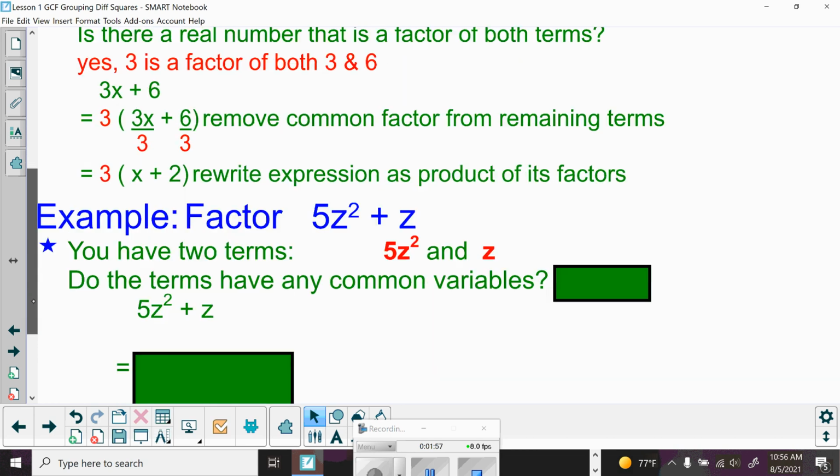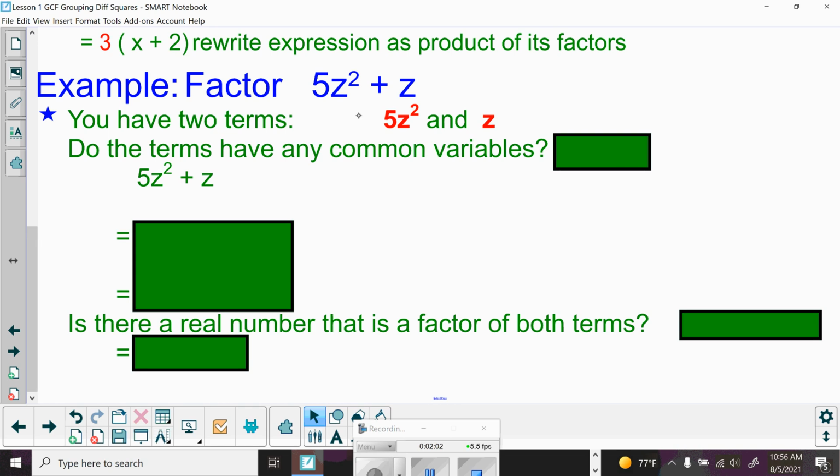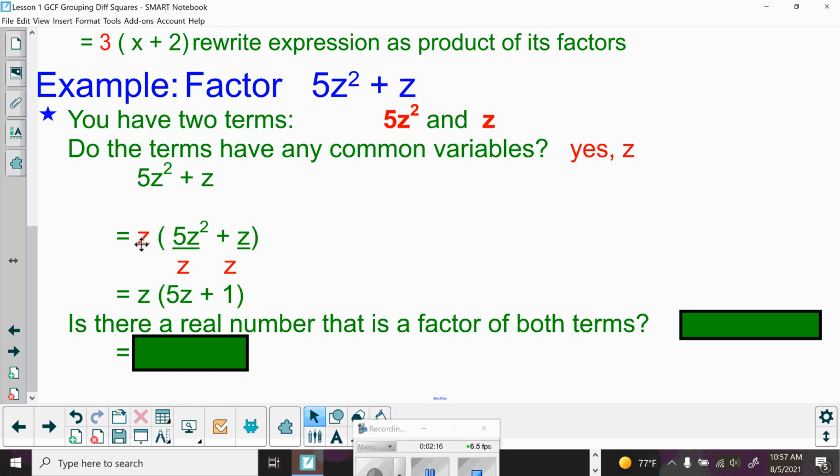Let's take a look at another example. What if I want to factor 5z squared plus z? I have two terms again. And do they have any common variables? Well, yes. I've got a z squared and a z. So z is a common variable. So if I divide both of these by z, factor out the z, means I factor it out here, take it outside, put parentheses around the rest of it, divide each term by z, I wind up with z times